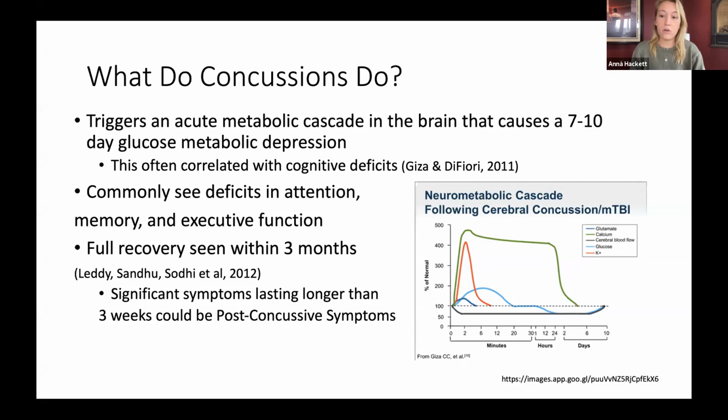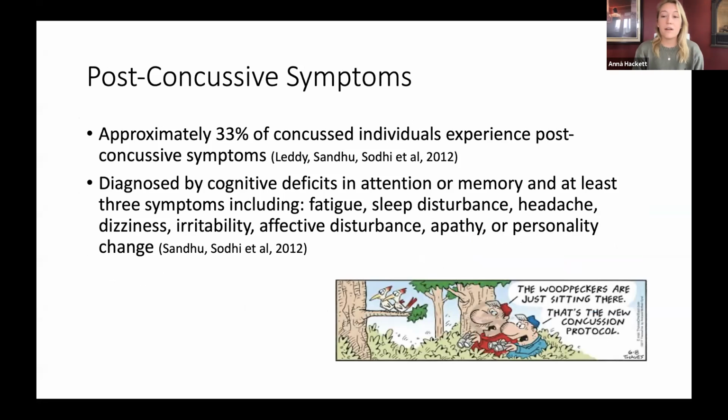We also know that full recovery from concussion is seen within 3 months. However, any individual who's experiencing symptoms that last longer than 3 weeks could be a candidate for what is called post-concussive symptoms. Post-concussive symptoms affect about a third of individuals who sustain a concussion. These individuals could be diagnosed by deficits in attention or memory, as well as symptoms such as fatigue, sleep disturbances, headache, etc. It's these students with post-concussive symptoms that will need the greatest support when returning to the